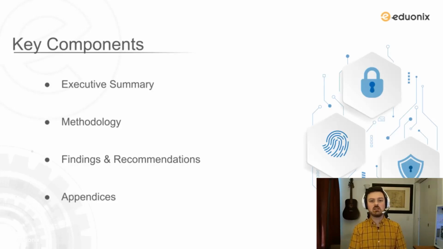So writing an effective report involves more than just listing the findings. It requires presenting them in a structured and detailed manner that's understandable to all stakeholders. To start, you need an executive summary, followed by detailed technical findings, and conclude with remediation. So it's crucial to tailor the language and the details according to the audience to ensure that the report is